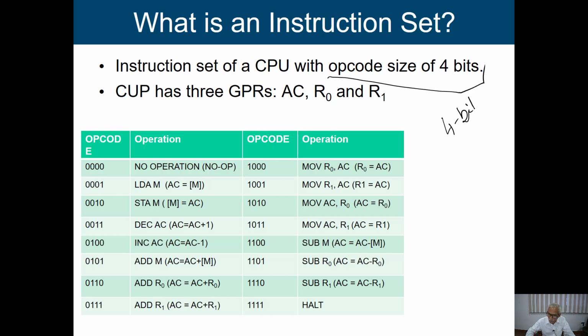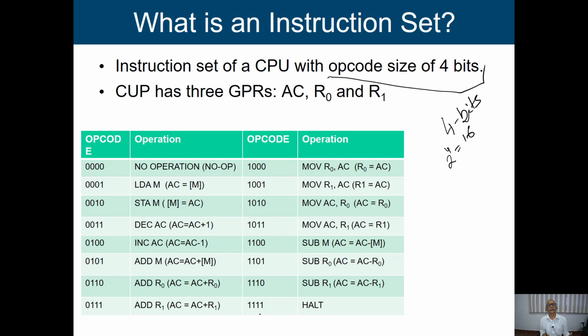So with the help of 4 bits, how many instructions can we design? It is very simple, now you are accustomed to this. 2 to the power 4 is equal to 16, because with 4 bits we have 16 different unique representations. So I can say these are the opcodes, 16 different opcodes which start from 0 to 15, so all 0s, 0001, 0010, like that up to all 1s.